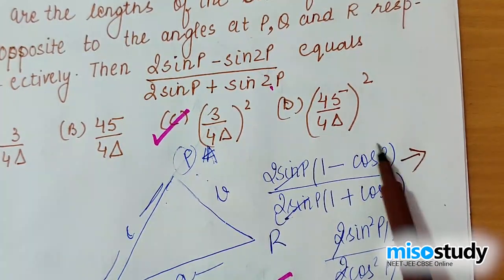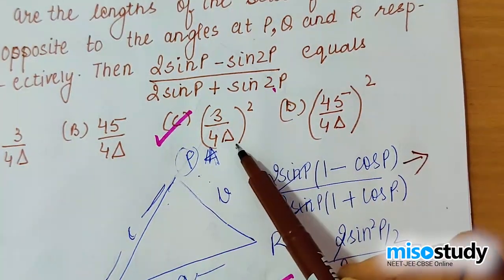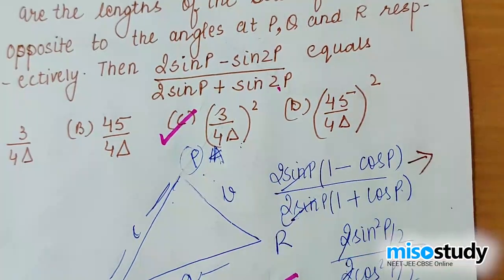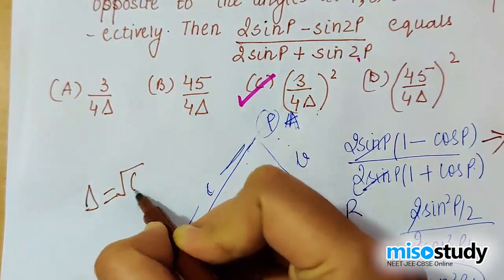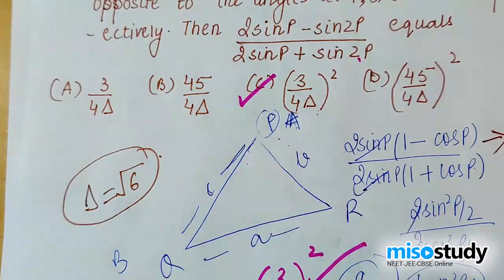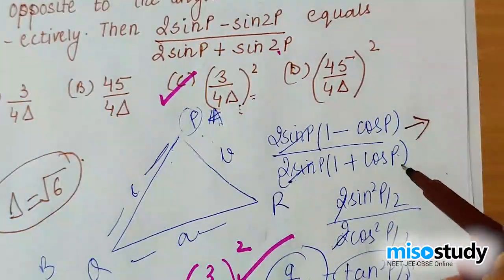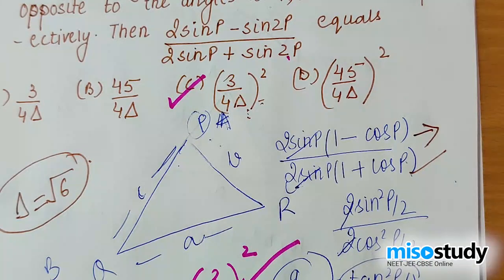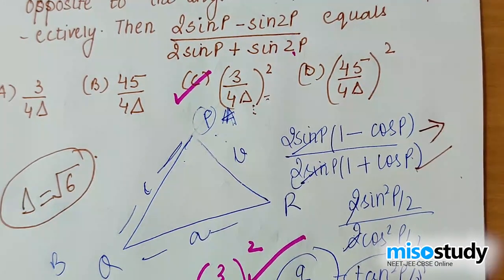On putting the numerical value, you will get a numerical answer, but you want the answer in terms of delta. So why not also calculate delta? So I can just give you this hint that if you calculate delta, your delta would come out to be root 6. So you can then check that once you put the value of delta over here, you will see that this expression and this expression would match. That is also the way of doing this question if you don't remember the formula of tan P by 2.